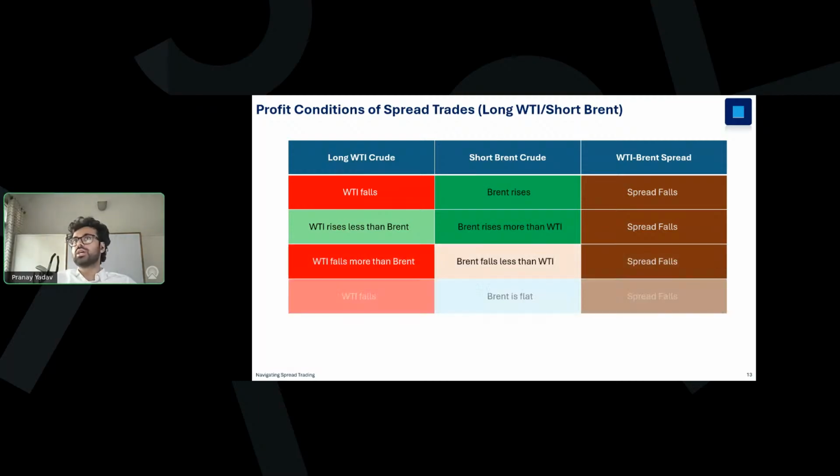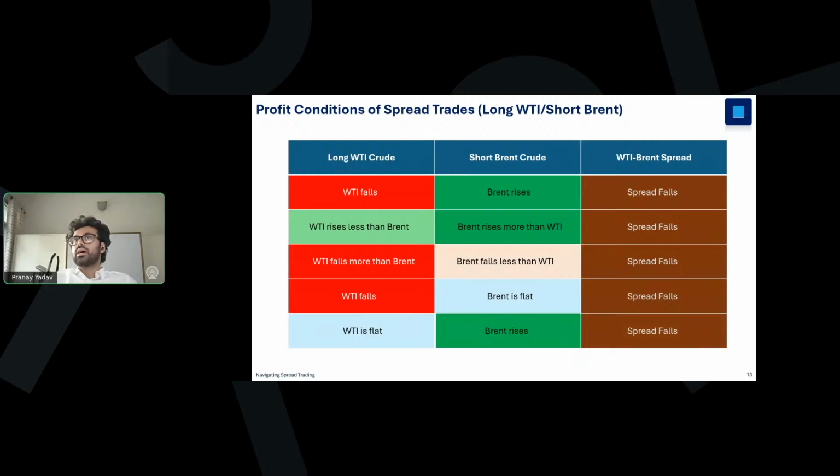What all of these scenarios are telling us as a whole is that what we need to happen is the WTI prices need to outperform Brent crude. That can happen in many different scenarios, but just the fact that WTI prices are rising doesn't offer us a clear cut scenario on the spread outperforming, which means that just because WTI is rising doesn't mean the spread will be profitable. For the spread to be profitable, WTI actually needs to outperform Brent crude. That means that in each of the scenarios wherein it's underperforming, the spread is falling and the spread position is